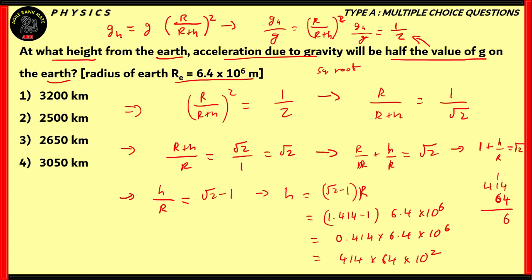16, 5, 16, 24, 8, 24. So what we get is 6, 9, 4, 6, 2. So what we're getting is